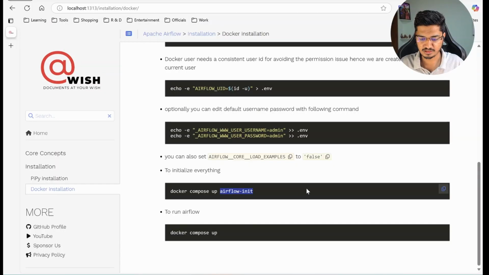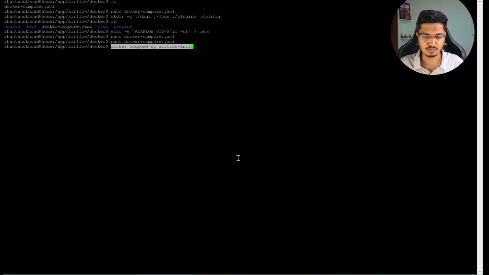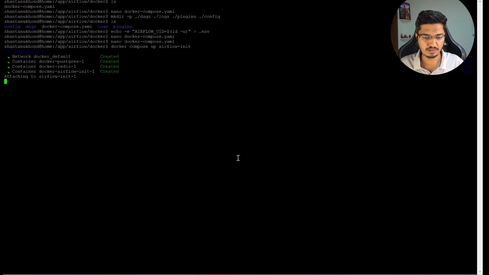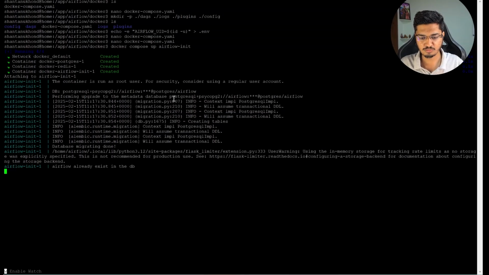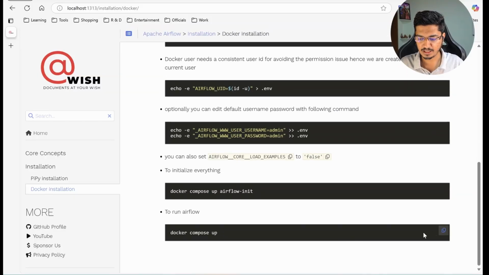Then once it is done, we will start all the servers or all the containers. So let me just start it. It is saying container is running as root user. Consider using a regular account. Fine. You can also change the PostgreSQL if you want. It will not create a database container and all the things. But for this tutorial, I'm not going to do that as well. So let it be. And at the end,